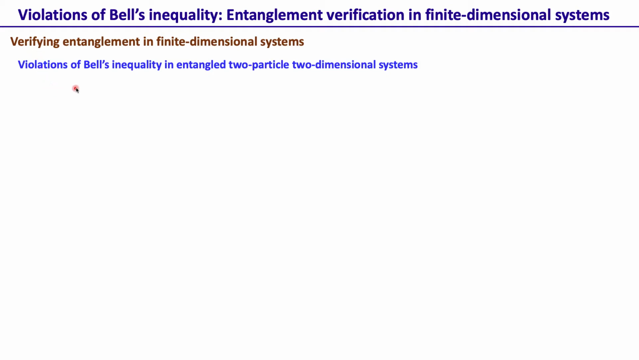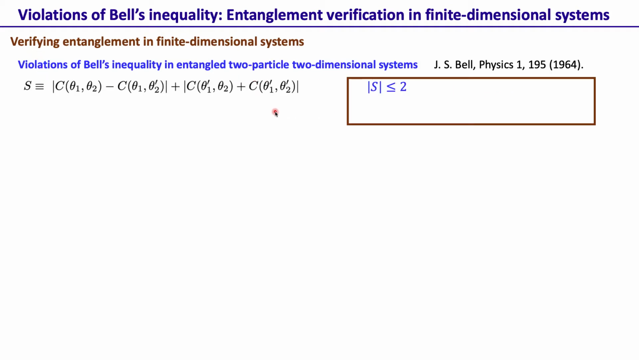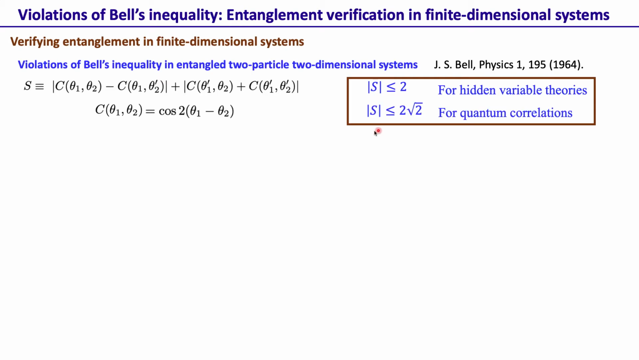Okay, so now we'll go to the violation of Bell's inequality, which is actually used for entanglement verification in finite dimensional systems. And then let's look at all the different experiments that have been done. So first, what Bell showed was the Bell inequality for the two-dimensional system. For a two-dimensional system, he basically shows that this value S is less than or equal to 2 for hidden variables, and this has to be less than or equal to 2 root 2 for quantum correlation. So if S value is greater than 2, that means we can say that yes, entanglement is there. And